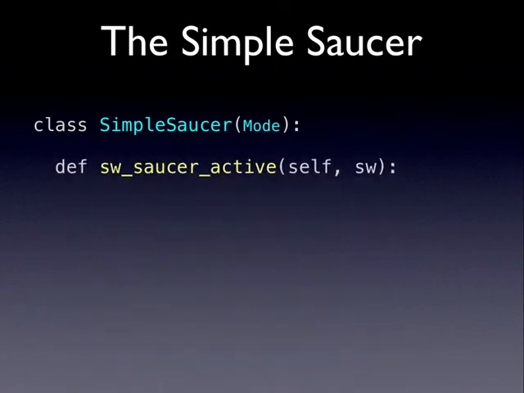And so the switch handler name here is SW for switch, saucer, active. And hopefully that's kind of clear what this is saying. This is saying that for the switch named saucer, whenever that switch becomes active, call this method and make something happen. And the way this actually works is when your mode is created, we use some of those introspection features of Python to look through the class's modes, see what all their names are,